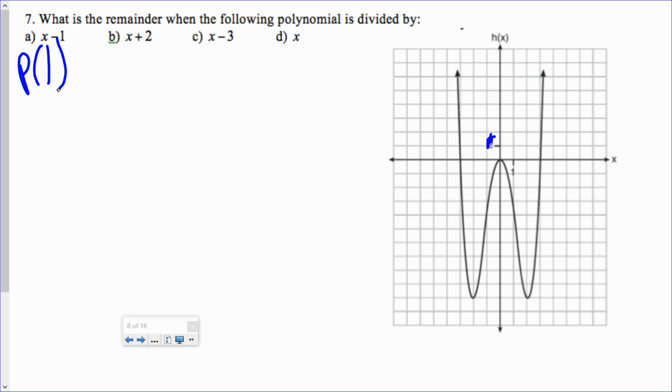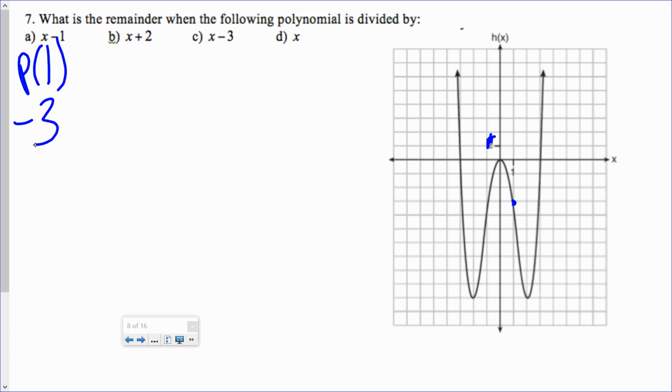Well, basically what this is saying is that x is 1. So when x is 1, what's the y value? Well, when x is 1, as you can see from this point right here, y is negative 3. So your remainder would be negative 3. And that's just evaluating functions graphically. If you want to evaluate a function graphically, you're putting in the x value and you're seeing what that corresponding